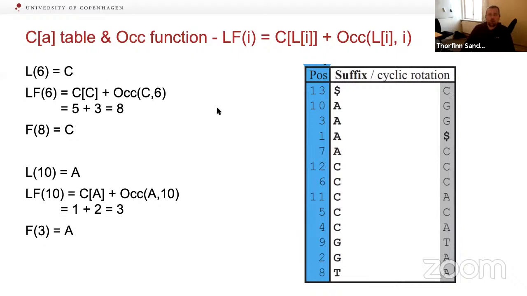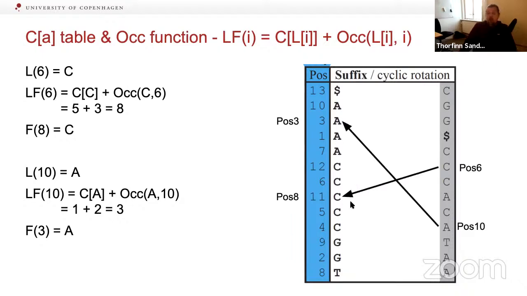This is row 6, so let's count 0, 1, 2, 3, 4, 5, 6. It's this one. Then we need to figure out which C this corresponds to. We can either just count the number of C's that we have, 1, 2, 3, 4, and then we know it's here. Okay, but we could also use these functions, which is the way that the computer does this.